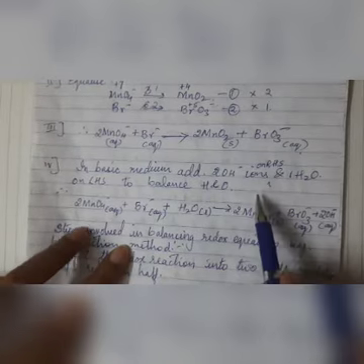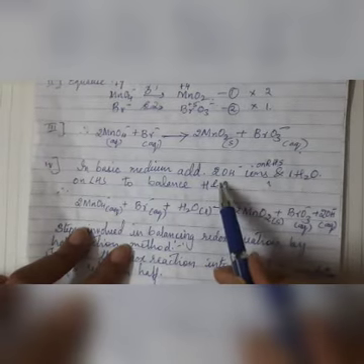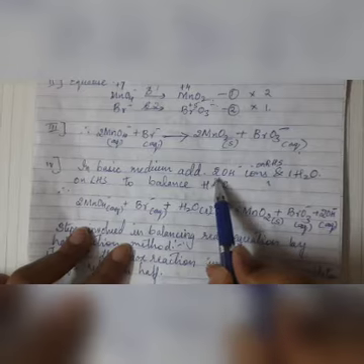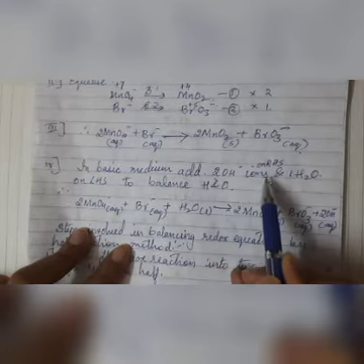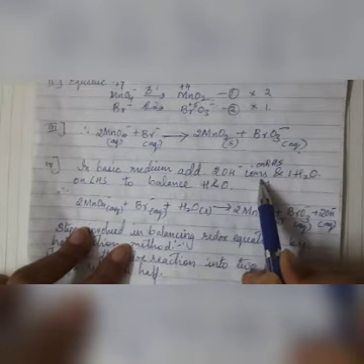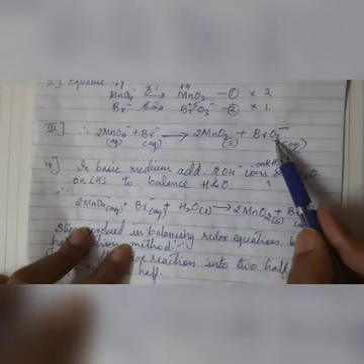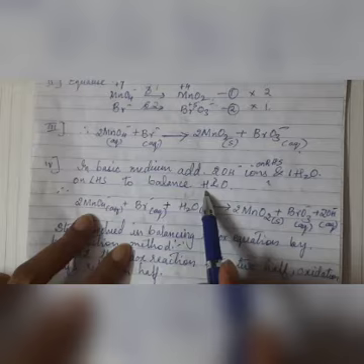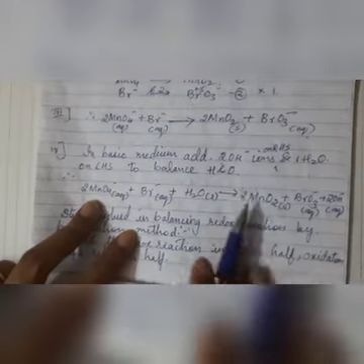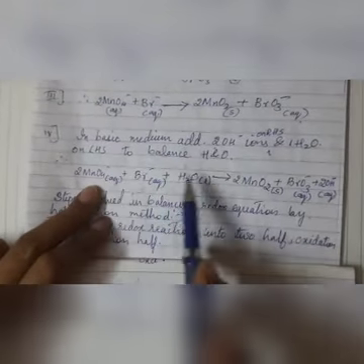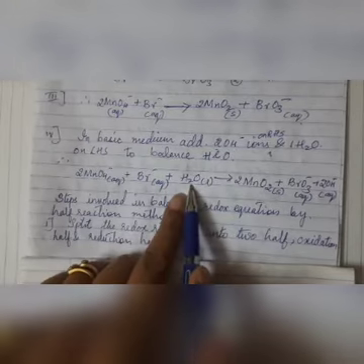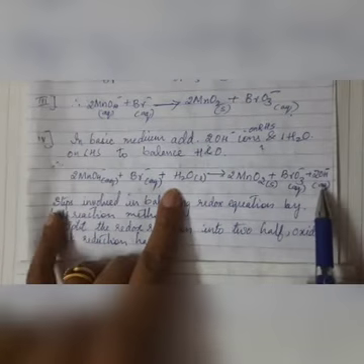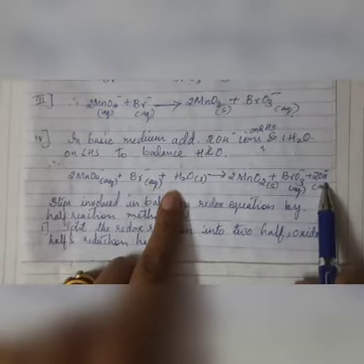So this is also by hit and trial method. So if I am going to add 2 times OH minus on the right hand side, the RHS, and 1 time H2O on the LHS. So what we are going to do, let me add this. We are going to add one molecule of H2O on the left hand side and 2 times OH minus on the right hand side.